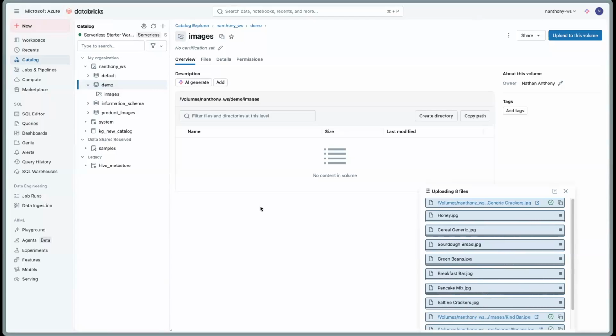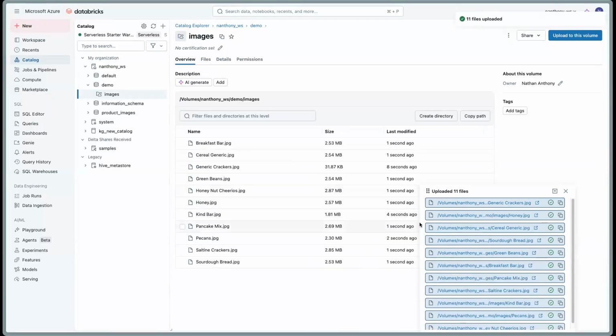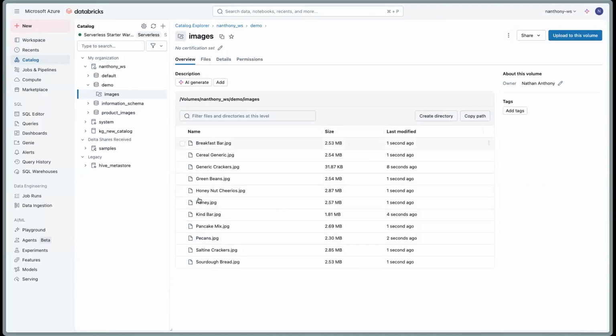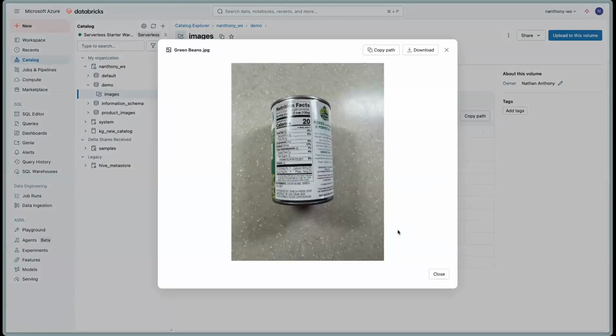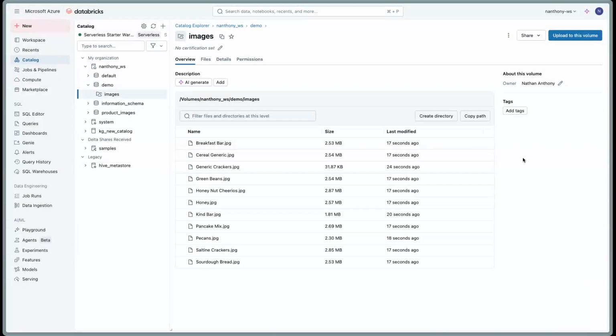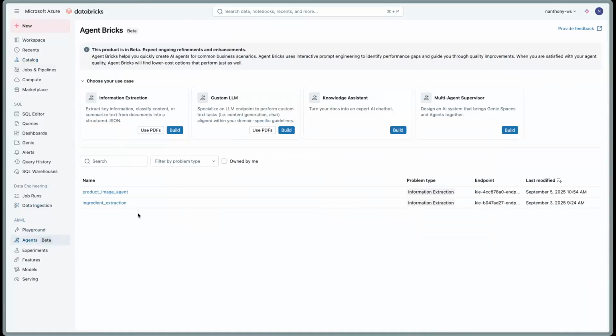We're using Azure Databricks here, so it's going in Azure Data Lake Storage under the covers. And you can see here now that we have these images uploaded. They're not necessarily the best quality or aligned perfectly, but you can see here that the ingredients are present, as well as in some of the images, nutrition facts, right? So what we want to do is now be able to pull that data, pull that text off the data,